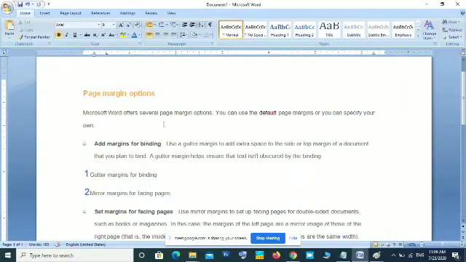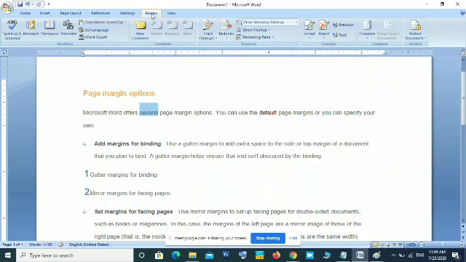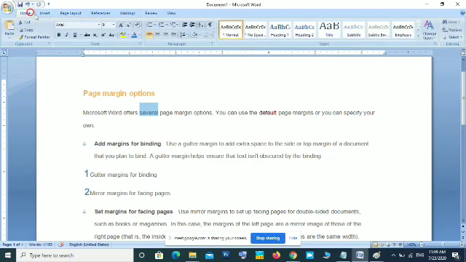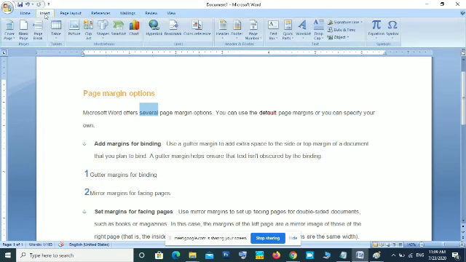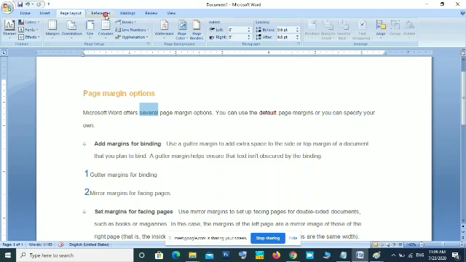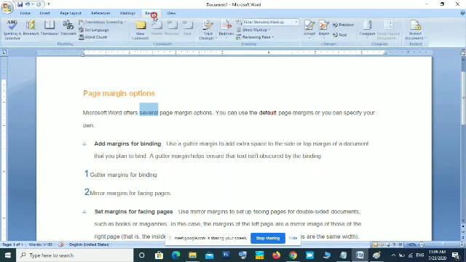Suppose I want to change the word several. Which is the tab? Which tab you want to click? Tab is Review tab. Home tab, Insert tab, Page Layout, References, Mailings, Review. So this Review is the tab you have to click.